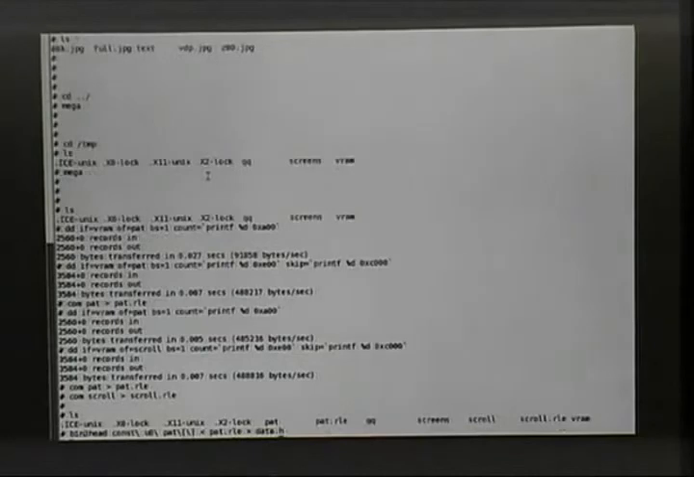I have a little Perl program to convert those to headers. Constant U8, pat.rle to data.header. Same thing with scroll. Okay, for this,